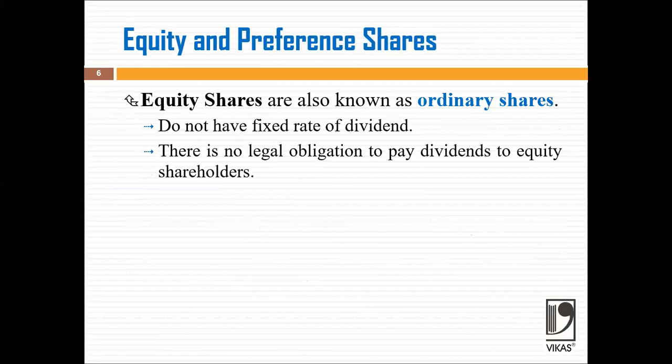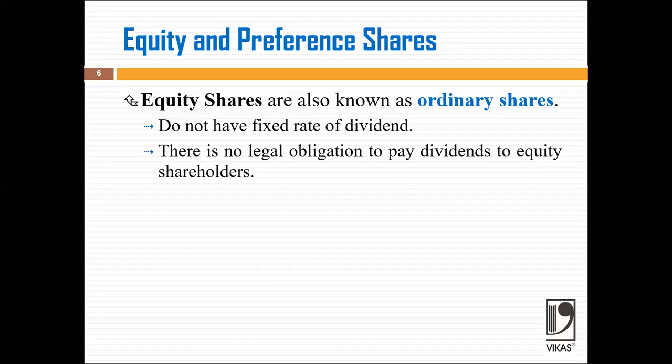And equity shares are also known as ordinary shares. They do not have a fixed rate of dividend, right? So the equity shareholders cannot demand a fixed amount of dividend throughout the period. Even though the company makes a profit or not, the board of directors or the general meeting will decide how much dividend should be distributed among shareholders. And